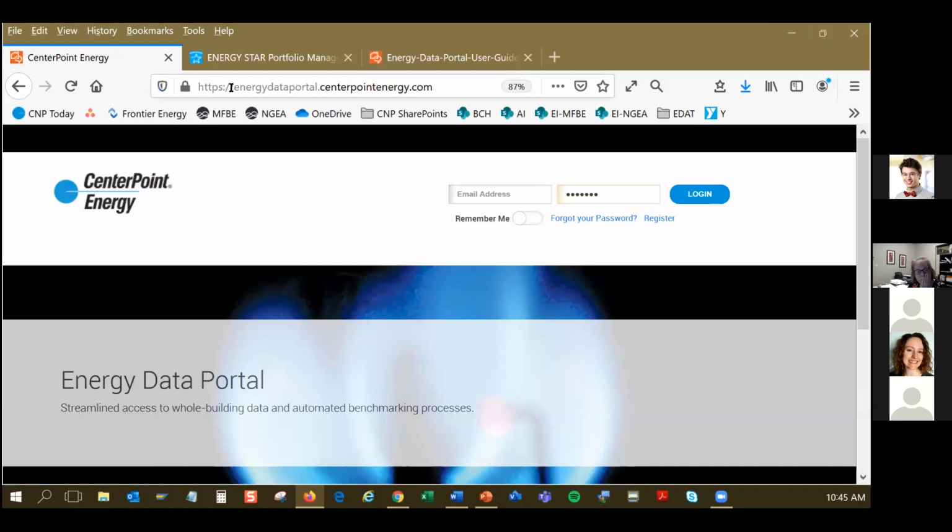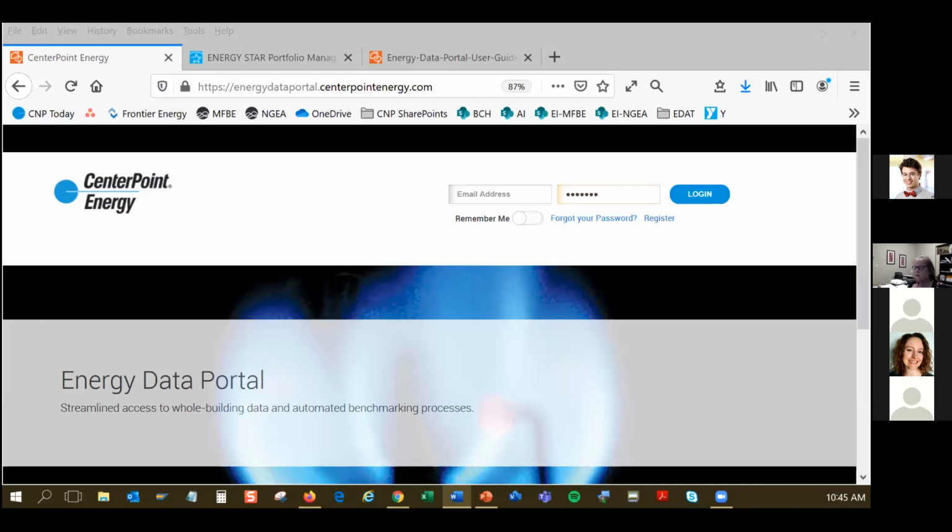So for this step, you're going to go to the CenterPoint Energy portal. The URL is shown here, and maybe somebody could chat. Yep, it's out there. energydataportal.centerpointenergy.com. Once you are on the site,